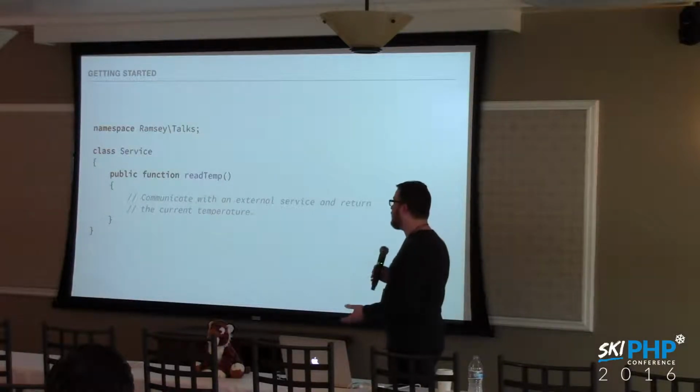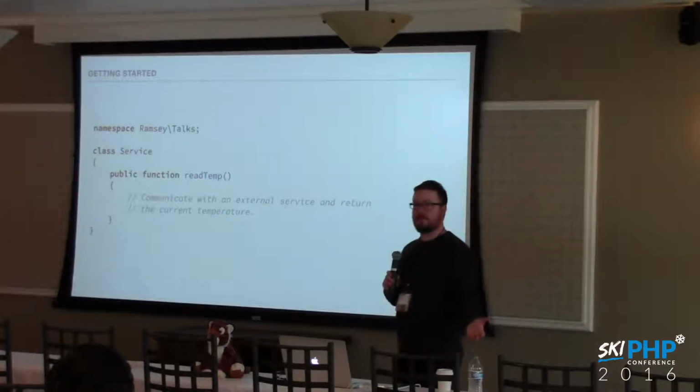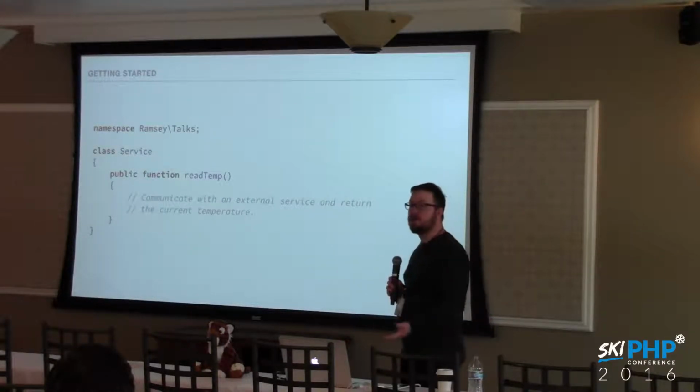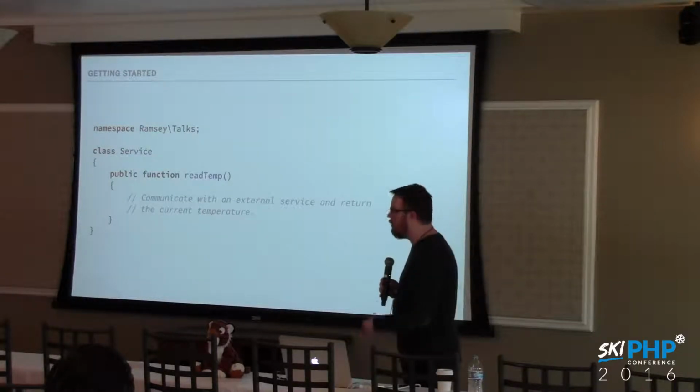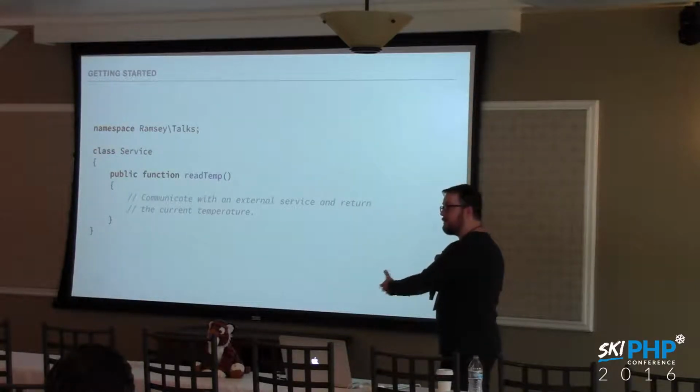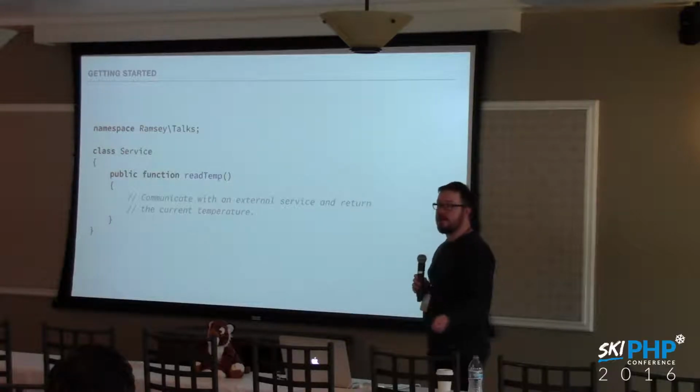This is what the service class might look like. I'm just providing an empty class here for the sake of example. It does something. It calls an external service. It calls a database of sorts. But it's not important what it does. What's important is it does something that we probably don't want it to do when we're running a test.